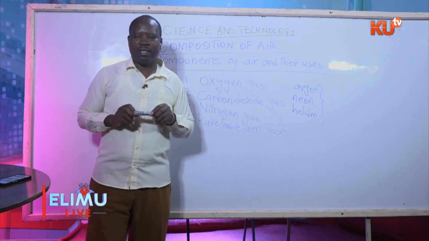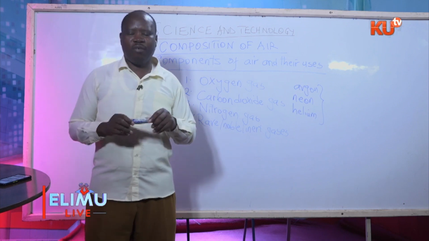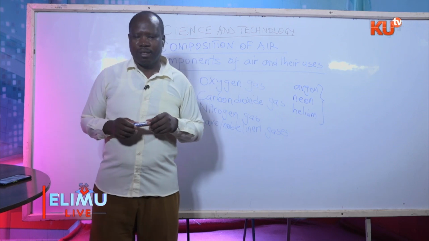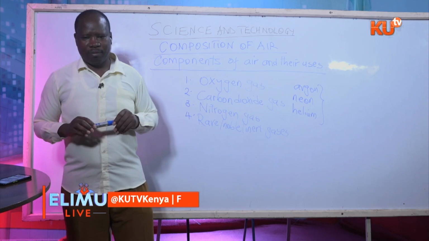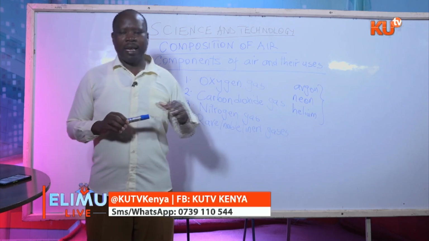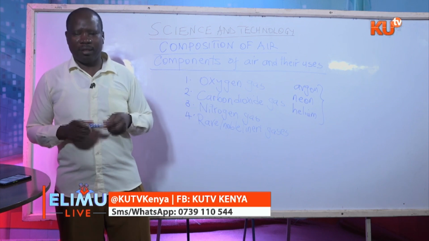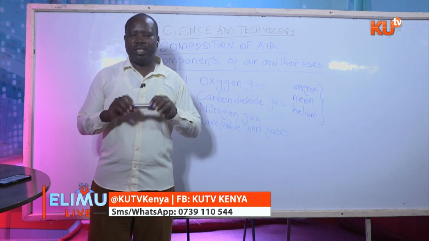Carbon dioxide is used in extinguishing the fire or putting out the fire. When you see maybe a house burning, maybe an item is burning, maybe a vehicle is on fire burning, there's an abrupt fire outbreak, then you see